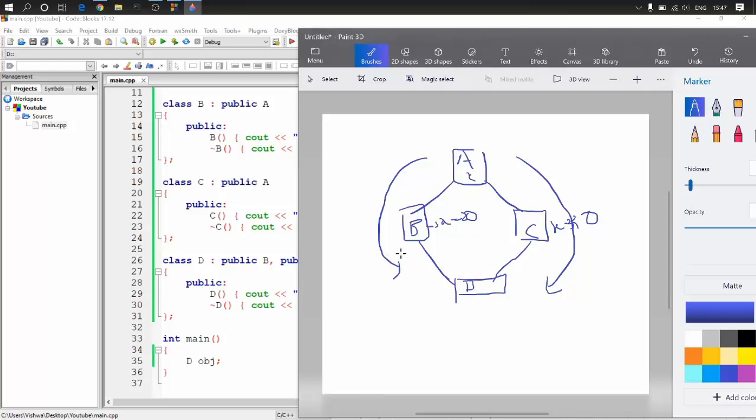Now at this level it's okay, just forget about the D for a moment. For this level it's okay, they're two separate children and they're doing whatever they want with the inherited properties. Now the problem comes when D has to access X. Should it follow this path which is X equal to 20, or should it follow this path which says X equal to 30? What should it do?